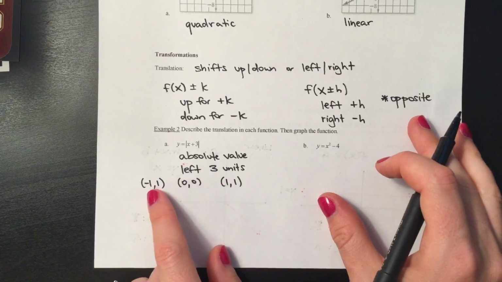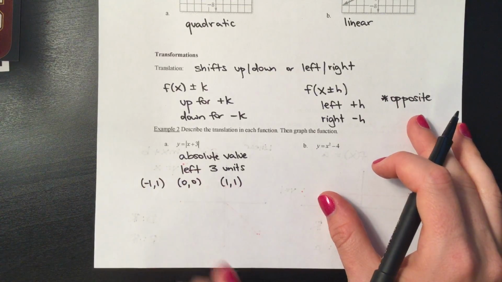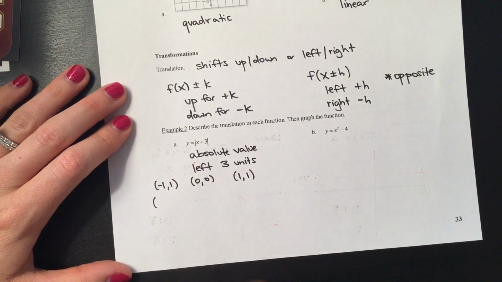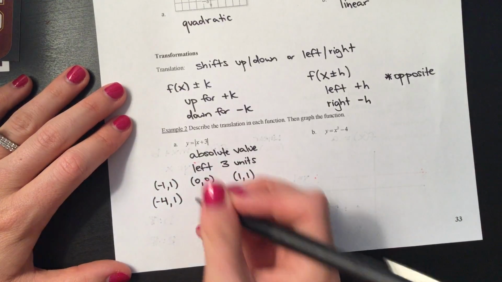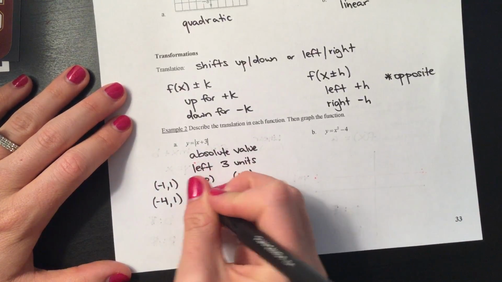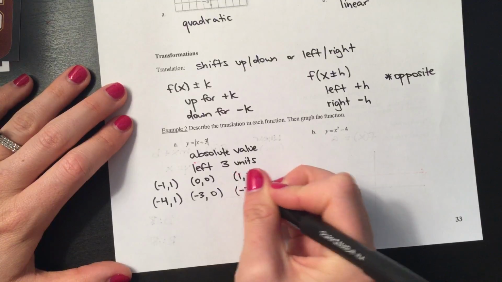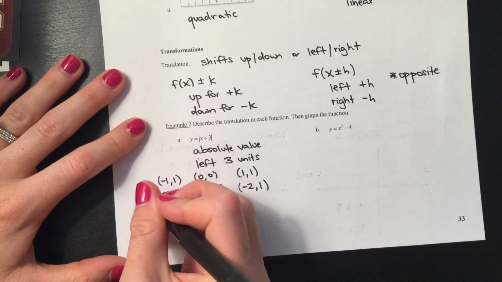So when I go to the left, it's changing my x value. So I'm going to change all my x values by moving them 3 units to the left. So if I move this 3 units to the left, it lands me at negative 4. I'm not going up and down, so it's not going to change my y value. If I move this to the left, I'm going to be at negative 3, not changing my y value. And if I move this to the left, I will be at negative 2. Okay, so all you have to do to plot the new function is you just plot these new